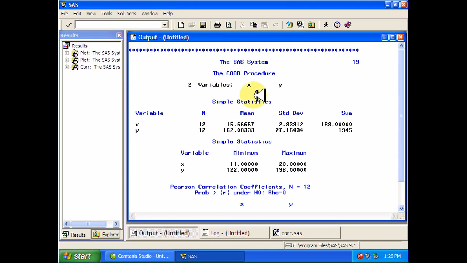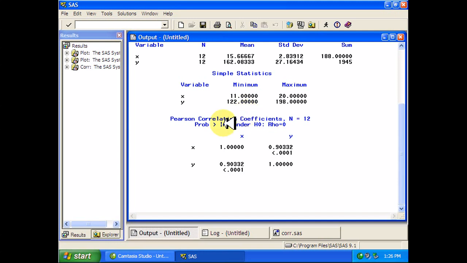So when I run the corr procedure, it goes ahead and gives me a few simple statistics. We may not necessarily need these, but then it gives us this correlation matrix down here. So obviously the correlation between x and x is just 1, not a big surprise. But the correlation between x and y is this top number here, 0.90332, and then the second number listed there